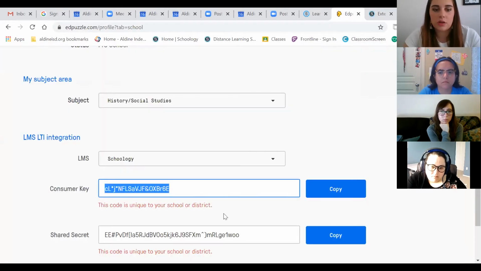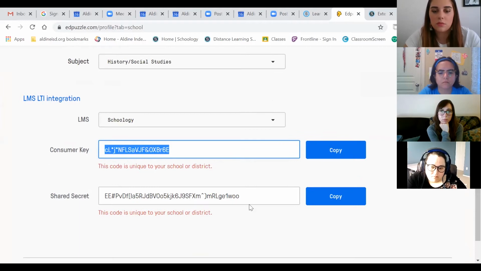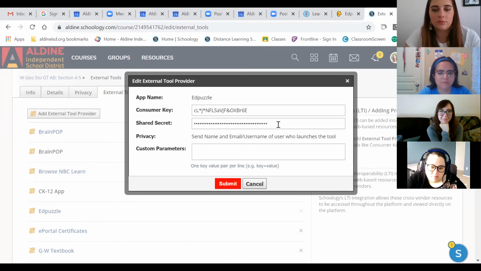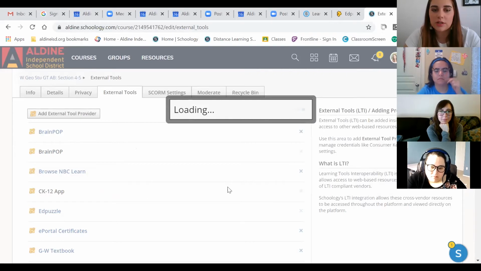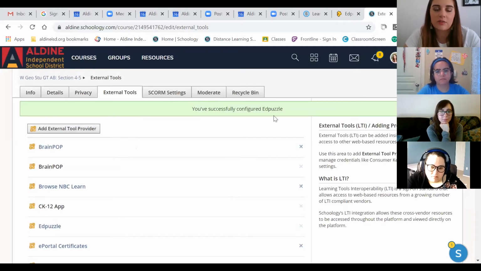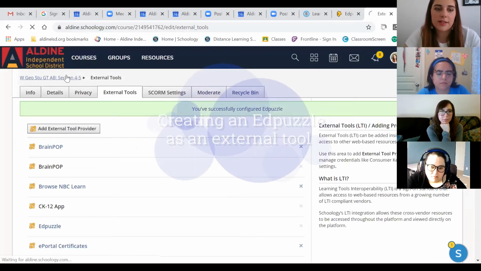And the shared secret. I like that name. Shared secret. You don't need to set any custom parameters, so I'm just going to click submit, and then it says you've successfully configured Edpuzzle. So if I go back to this course,